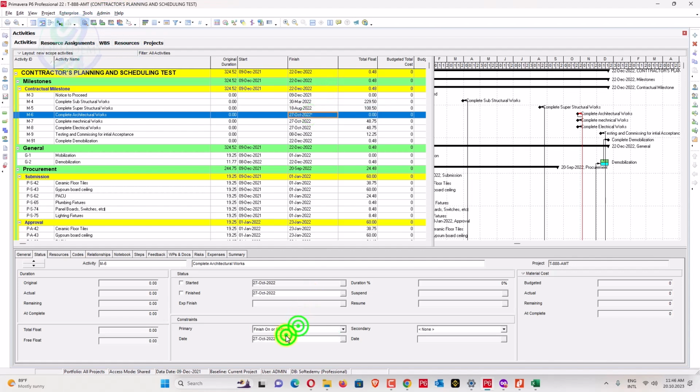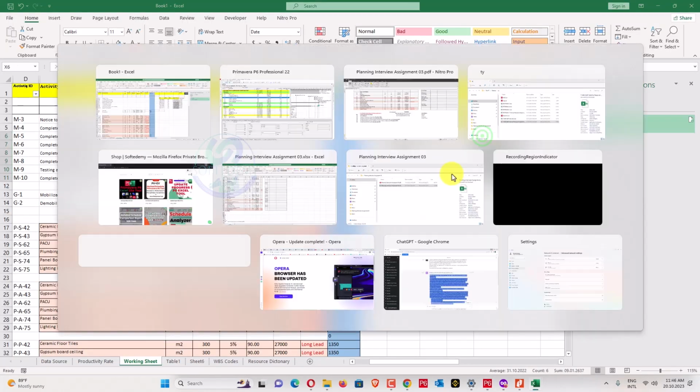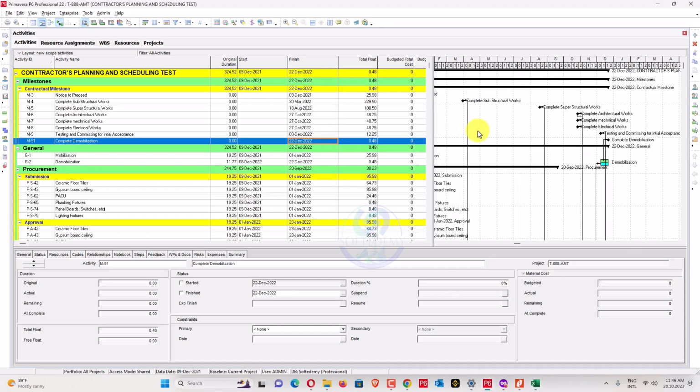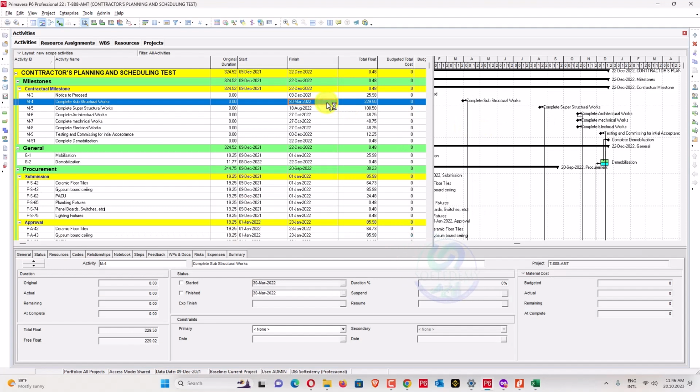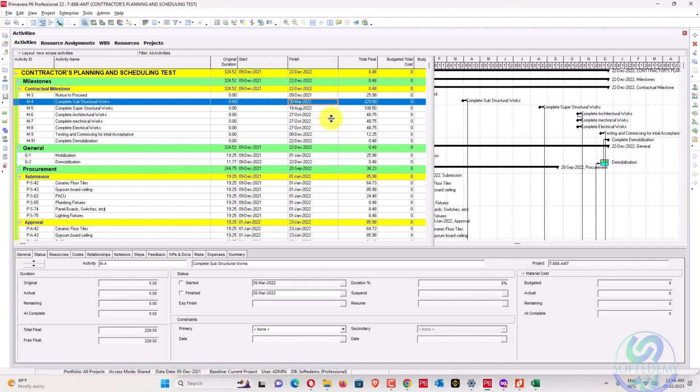Okay, so also we'll change this one. We just matched all my completions here, like 18 of August, 17, 27, 8. So all my milestones, except this one. So we can also change that one, which is 30 of March. Here you can say consider it. I have considered here 16 weeks, 31 of March. I can also increase that one, because it will take more time. So this is my CPM scheduling.